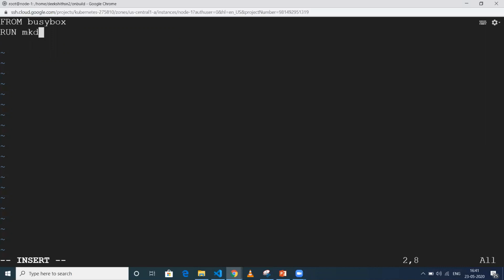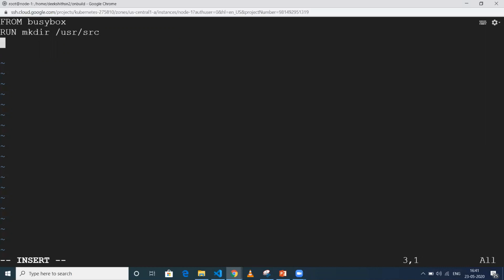Let me zoom in. FROM busybox. Then I'll use the RUN command to execute mkdir, and I'll create a /usr/src folder.